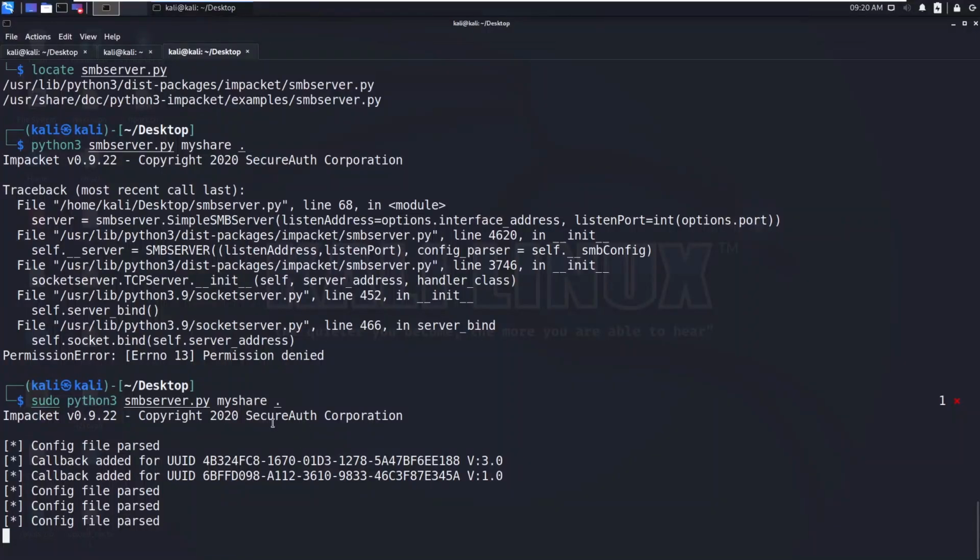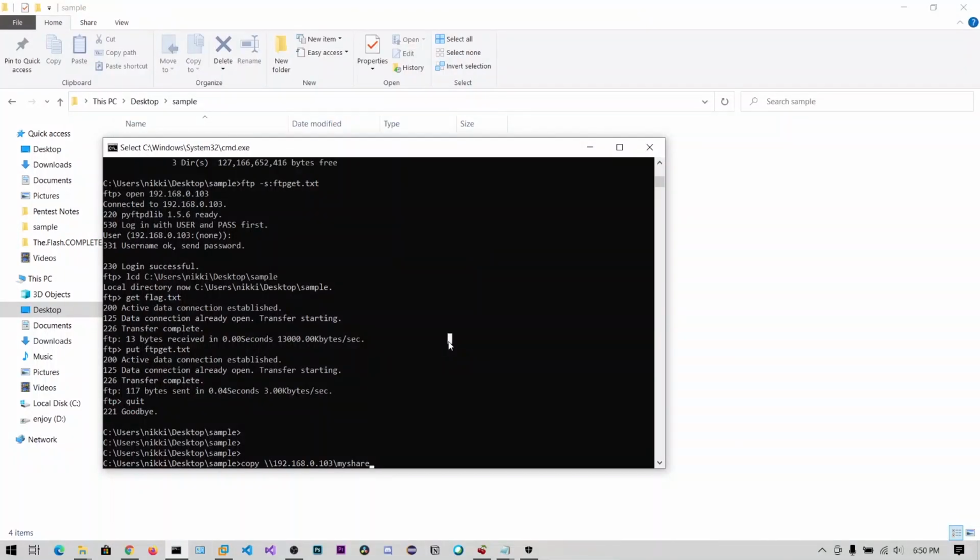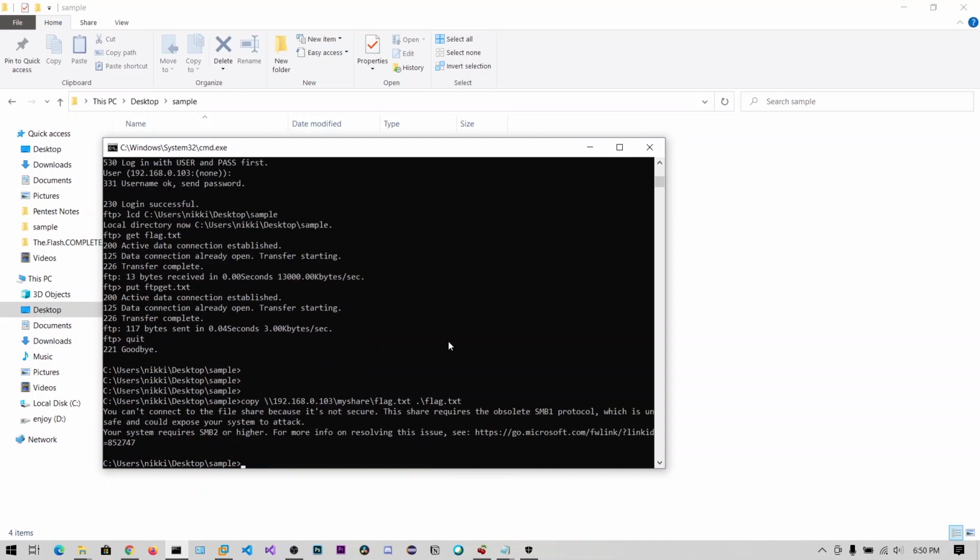So this is the share name, myshare, and in that myshare folder we have the whole desktop being mounted. Now I can get the flag.txt to the current flag.txt.